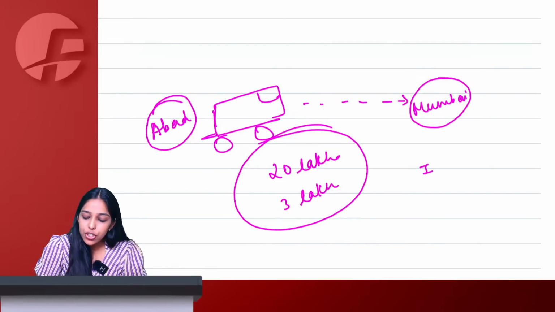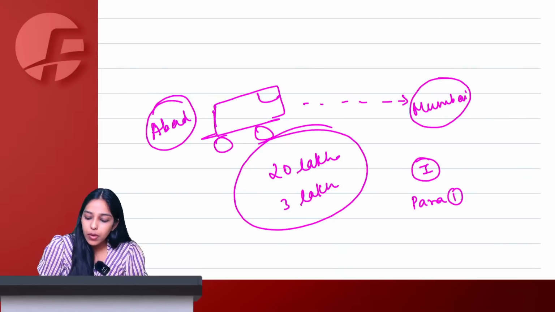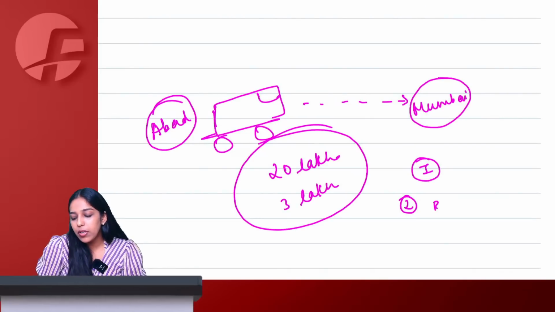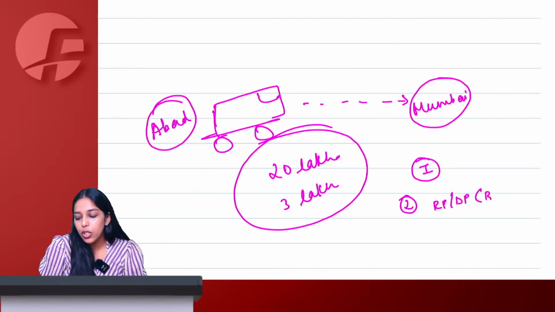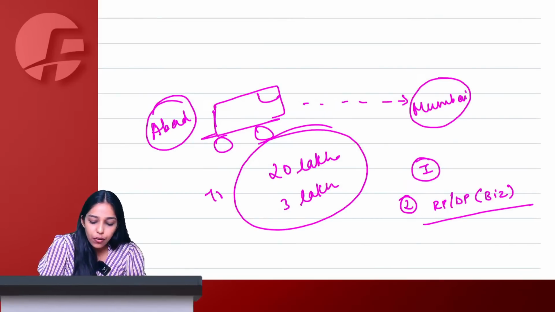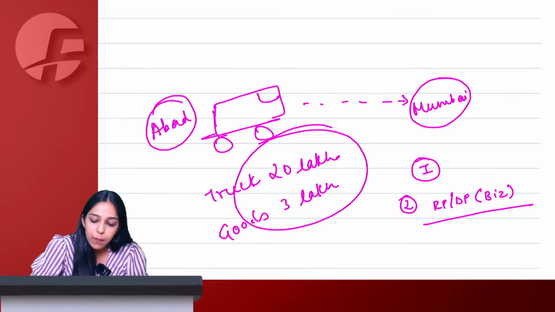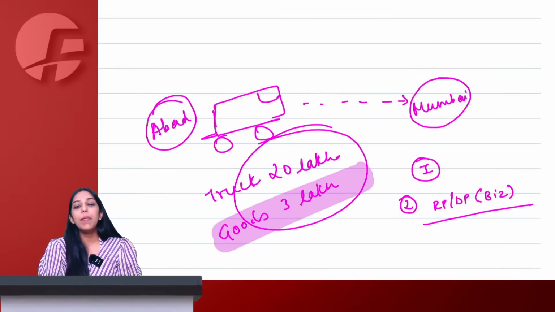Ma'am, see, according to Schedule 1, para 2, anything supplied between related persons or distinct persons in the course or furtherance of business is a supply even without consideration. So here the truck of 20 lakh is going and the goods of 3 lakh are going. In that case, ma'am, only and only 3 lakh will be considered as my deemed supply, because the conveyance